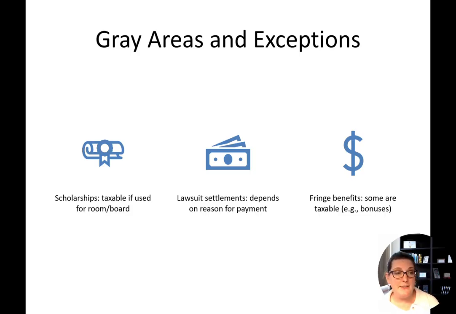Legal settlements. If you have been physically injured, that award will be non-taxable. But if your legal settlement is for emotional distress or punitive damages, that would be taxable. Employer-provided benefits. We already talked a little bit about those fringe benefits. If you have employer-paid health insurance, that's excluded. But some perks, like a gym membership, perhaps, if it's being paid for and it's not in a wellness plan, that could be taxable to you.